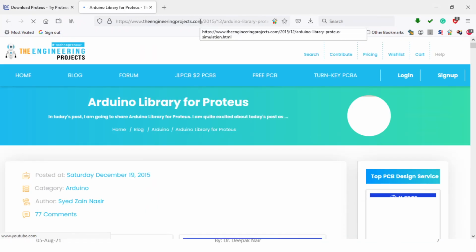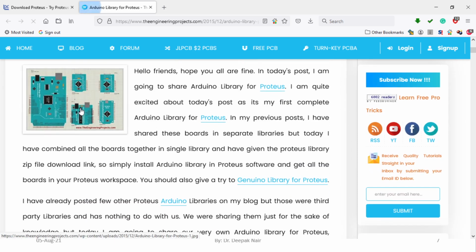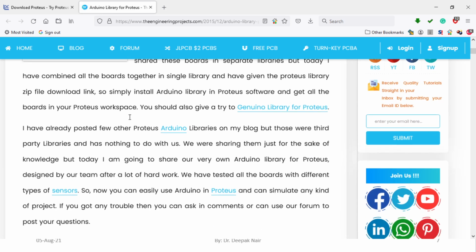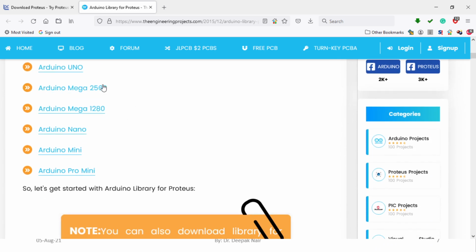Let me show you the website. This is the website, engineeringprojects.com, and from here you can download all different projects and boards available with this website. You can read about them and download the boards like Uno, Mega, Mega 2560, 1280, Nano, Mini and Pro Mini.